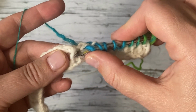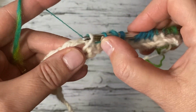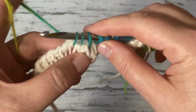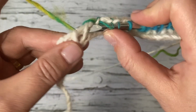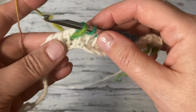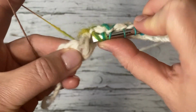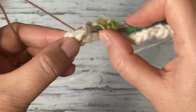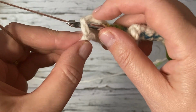Okay, in the edge, in the middle, edge, in the middle, edge, in the middle. Okay, so we're at the last stitch, and what we do is here we pick up these